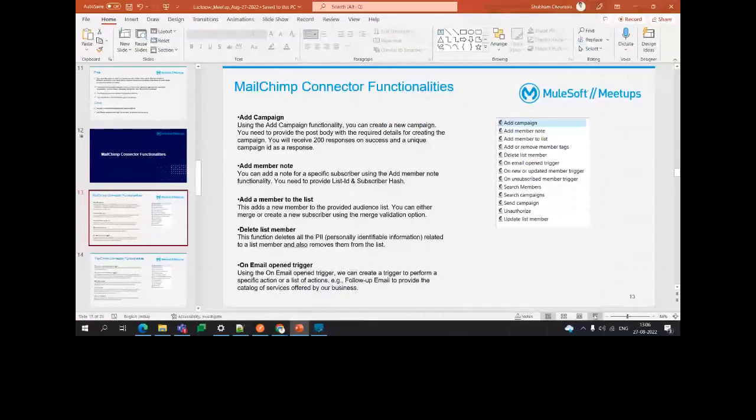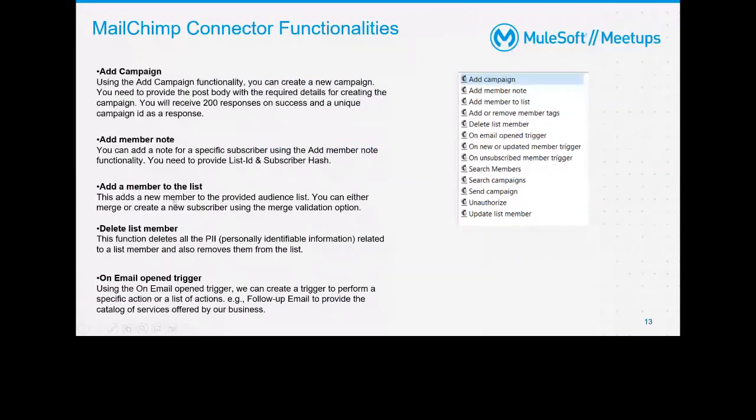Okay, now the next functionality is delete list member. It's understandable that we will delete the contact. It deletes all the contact details from the list, and also removes them from the list as well. So if a customer wants to unsubscribe, we will delete his personally identifiable information. It also follows GDPR. So when a customer wants to get unsubscribed, all their information will be deleted. MailChimp will not store their details. Okay, so that's